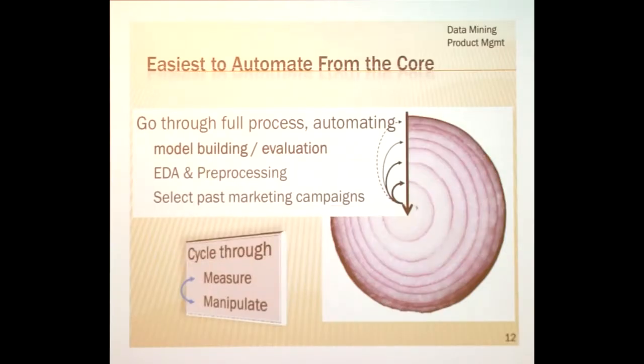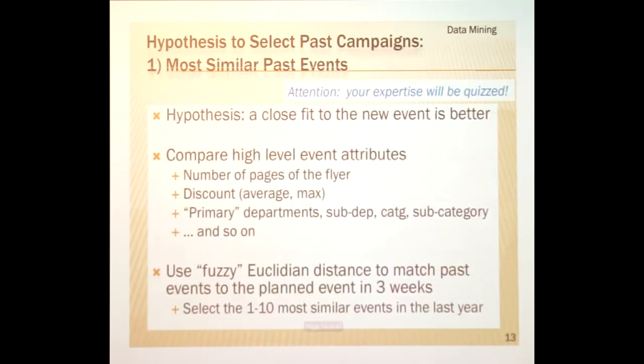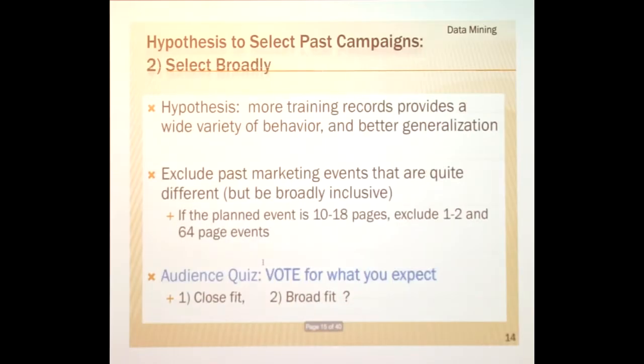So going through the full process of automating the model building and evaluation, the EDA and the pre-processing, there was a lot of automation of just kind of measure, manipulate, measure, manipulate. So talking about selecting the past similar events, I mentioned that a little bit earlier. I would hypothesis test, look at the closest fit of past events to the new event, or compare high-level event attributes, try a fuzzy Euclidean matching,